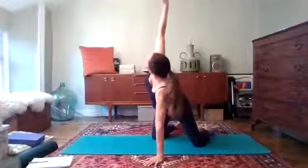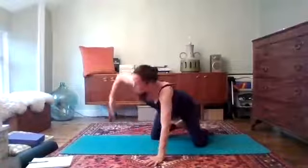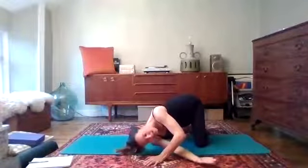So 2 more, just completely plain. Inhale, open. Exhale, thread through. 1 more plain. Inhale and open, looking up, opening the chest, opening the arm. Exhale, thread. Now this last time we're going to finish with our extended thread